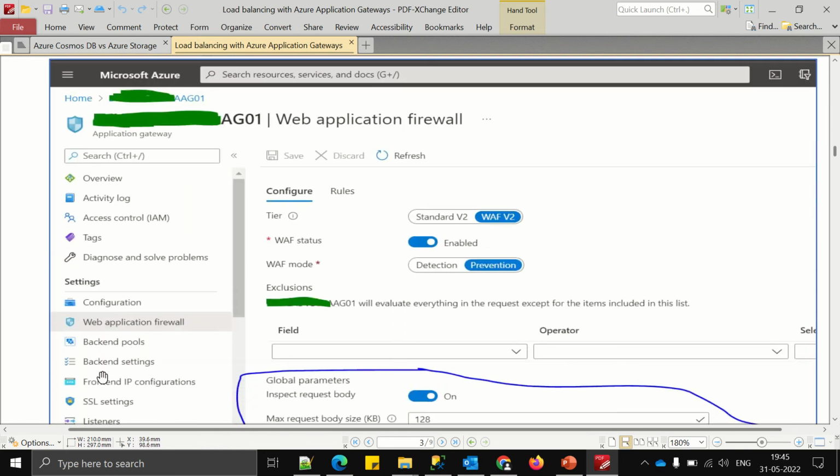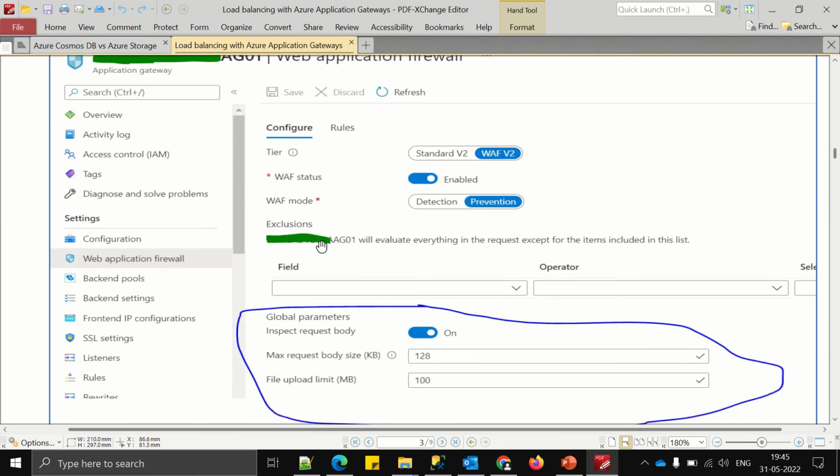Now, if you go to the web application firewall section, in the left navigation pane there is a particular section meant for web application firewall. So under configuration, if you see, you can specify the exclusion lists. In one of my previous videos where I explained web application firewall policies, there also we have the flexibility to provide all these options, and usually that is the place where you have to select all these settings. Okay, but the same thing you can achieve at the gateway level also. So you can specify the exclusion request list which should pass through your application gateway, and also you should enable